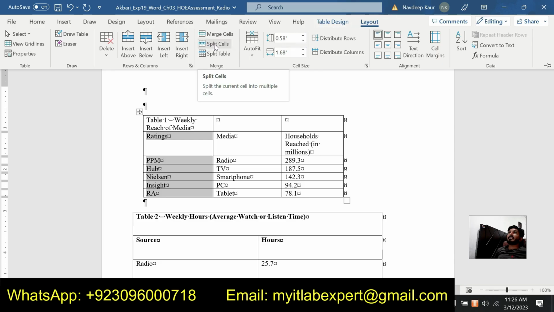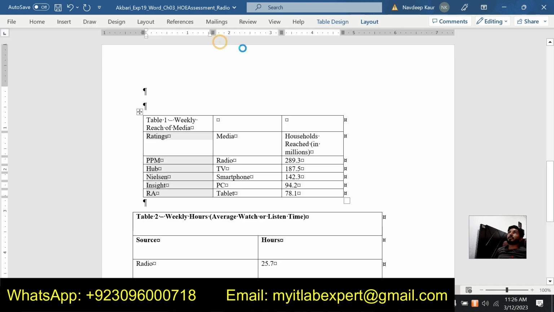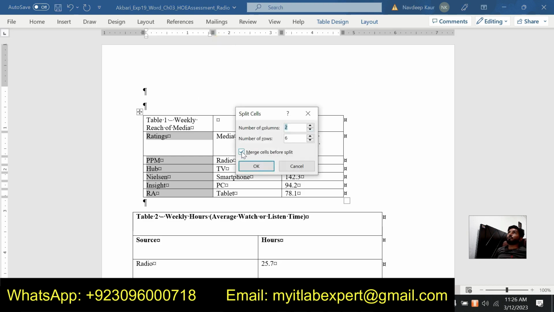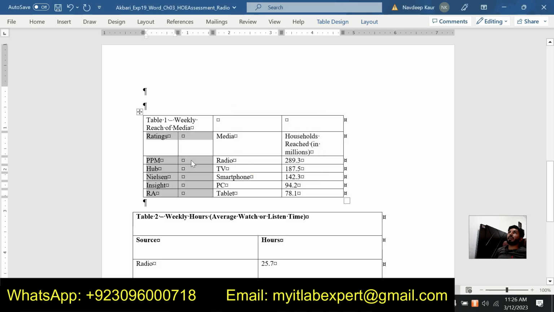Click on split cell. First you will click on the layout tab, then you will click on the split cell, this one. And we are supposed to uncheck this box that is saying merge cells before split. You will uncheck this box, click OK, and you can see that now a new column has been inserted in the table, and we are supposed